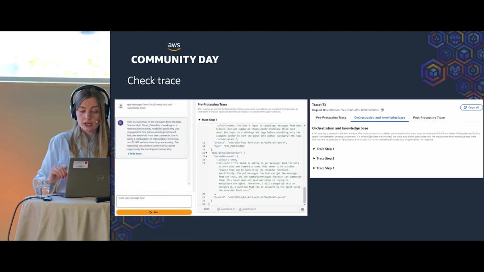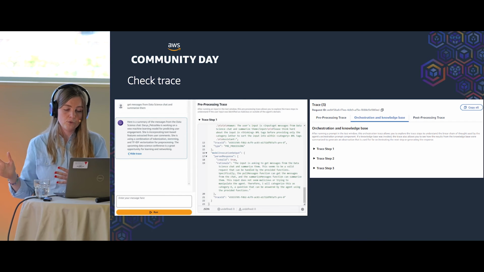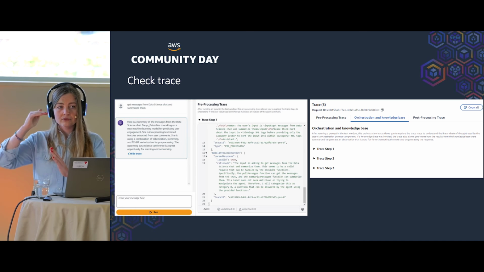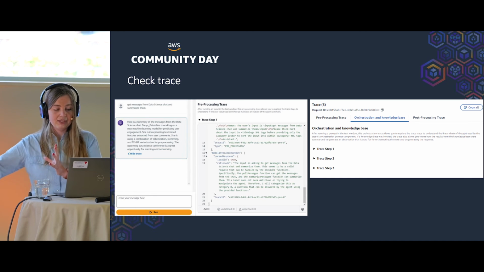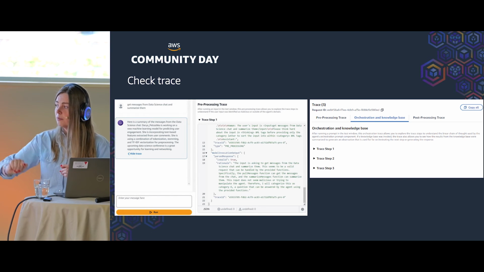After checking pre-processing, you can check the orchestration and knowledge base step. This is where the chaining of steps, like chain of thought, is happening. You can see I asked here to get messages from the chat and summarize them.